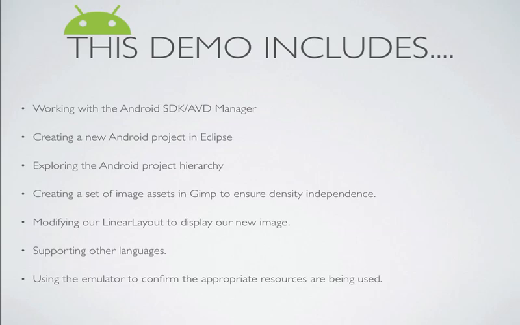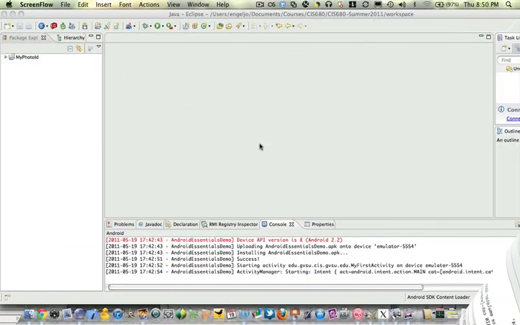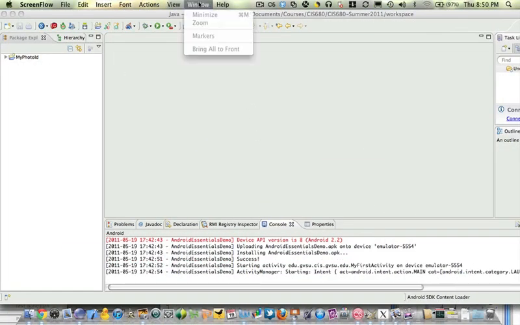And then we're going to run the application that we've modified and show you how to run it in the emulator and confirm that the appropriate resources are being used. All right, let's begin by creating a few